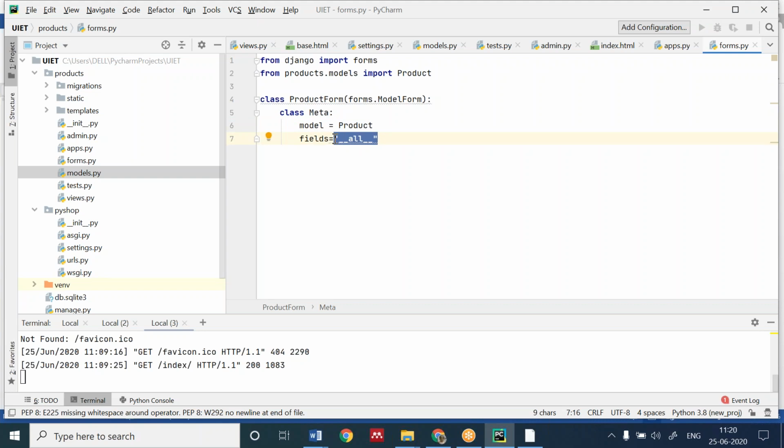If you want a particular field, you can specify it in the code. If I want all the fields, I use double underscore all double underscore. Write it down in the forms.py.